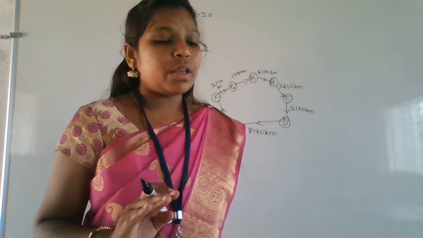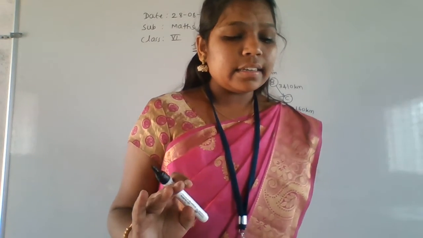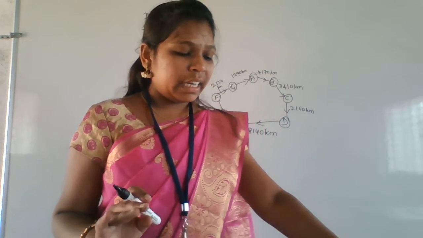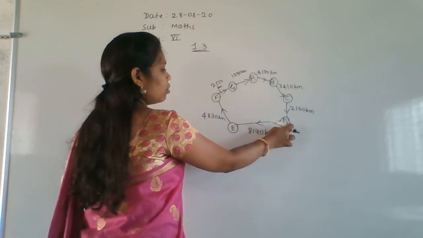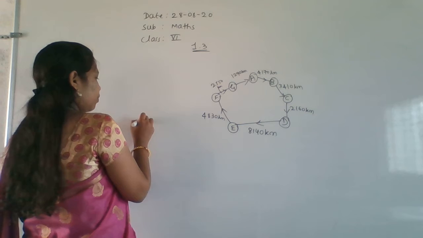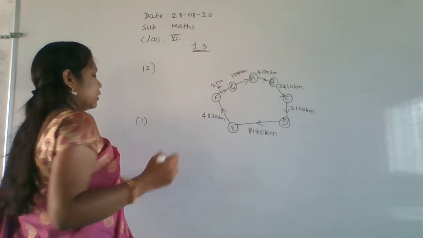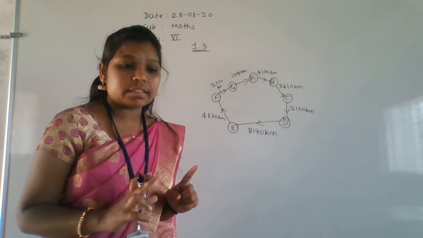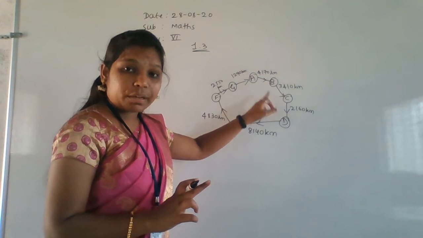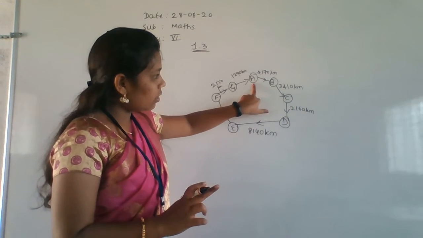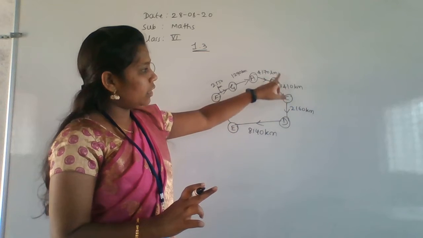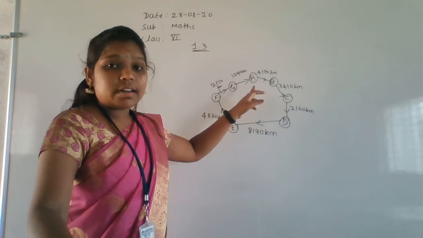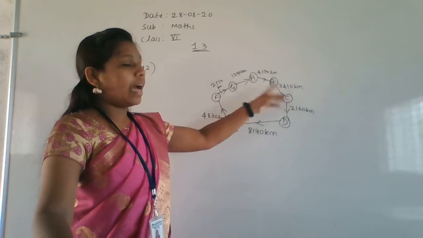Okay, so this is the bus journey they gave, and whatever question they give, you have to answer according to that question. Here, find the total distance covered by a bus from A to D. The first question is to find the total distance covered by a bus from A to D. A here and D here. You have to add these things, then only we can come to know the distance the bus covered from A to D.